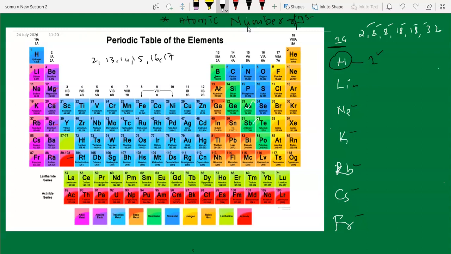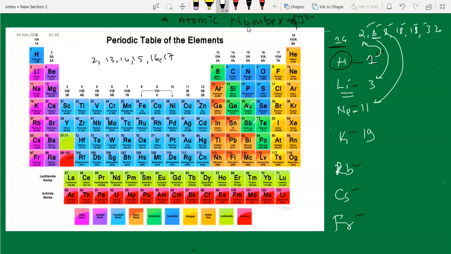Now to find out the atomic number of lithium, what do we have to do? Just add this with this. 2 plus 1 gives you 3. To find out sodium, keep on adding here. 8 plus 3 gives you 11. To find out the next element, this number has to be added to this. 8 plus 11, 19.